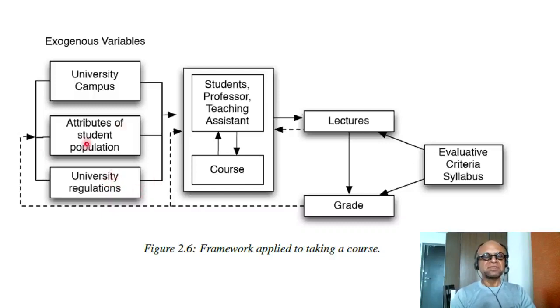You can imagine many exogenous variables that determine who are the students. Of course, professors are selected, and in their job they may have teaching assistants who may be doing it to learn, or they may be paid to do this to help the professor with grading and teaching, taking attendance, whatever. And then there is the course, which is the action which feeds back between these actors, students, professors, teaching assistants, and it involves lectures. Typically could be lab work, could be field work, could be discussions, whatever, and that outcome